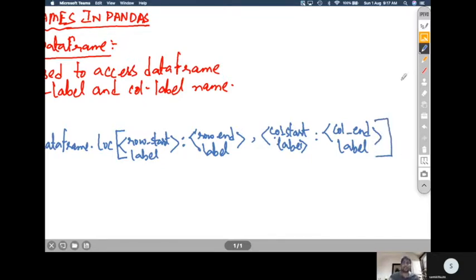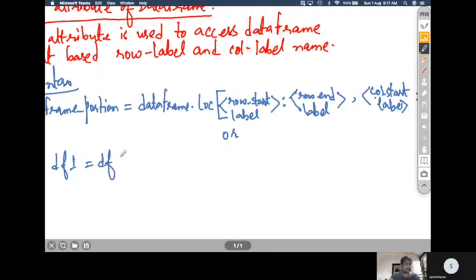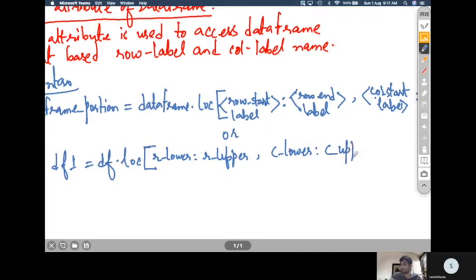Now shortly we can write it like this: df1 is equal to df dot LOC, if df1 and df are the names of the data frames, and then you can write here the row start label, means row lower, colon row upper, comma column lower colon column upper label.